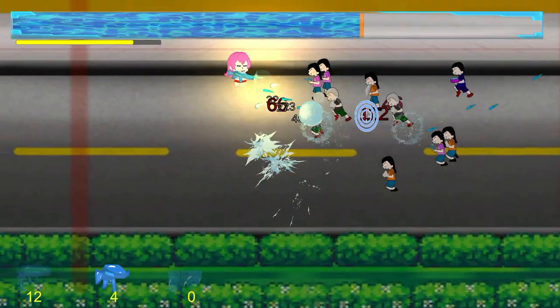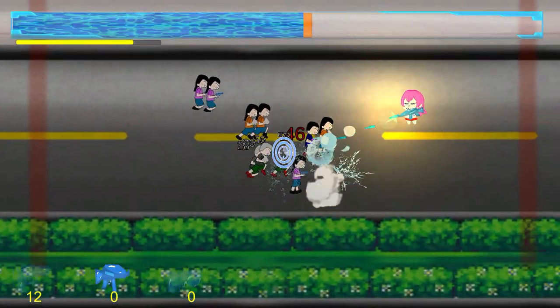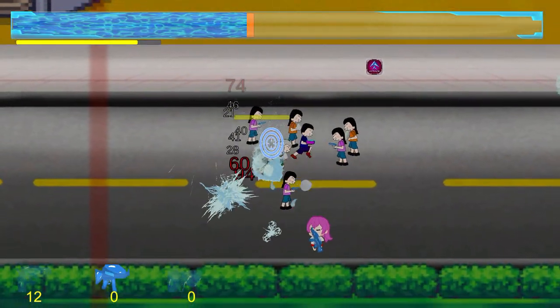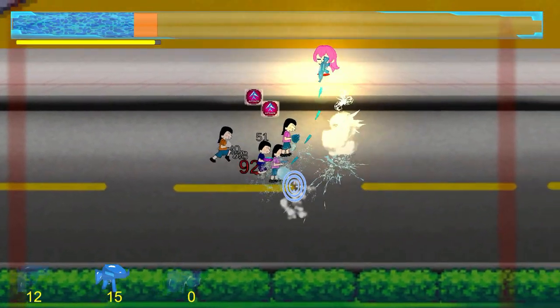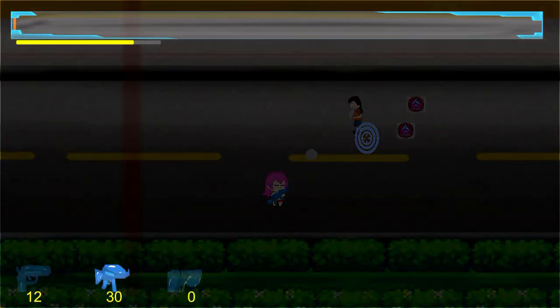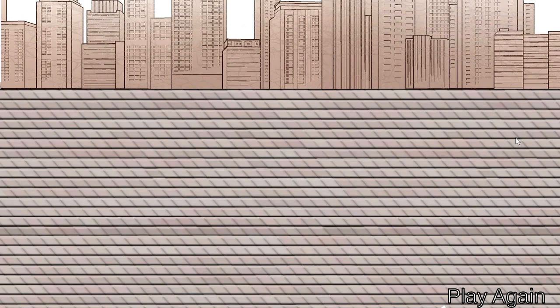Oh, cool. Just swarm me with minions as soon as I beat the boss. Not very okay. Take my circle strafing skills. I also am not, like, super happy that to reload... Frenzy. Wait. Eh? I hit Frenzy and I died, and apparently I dried out. And I got an actual animation for drying out instead of a...